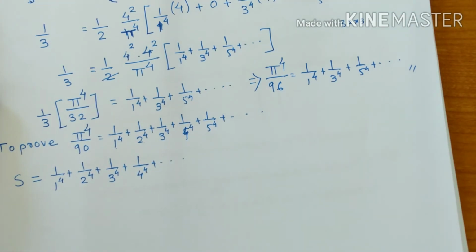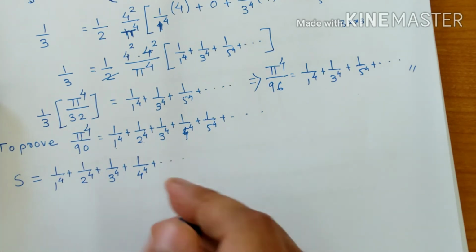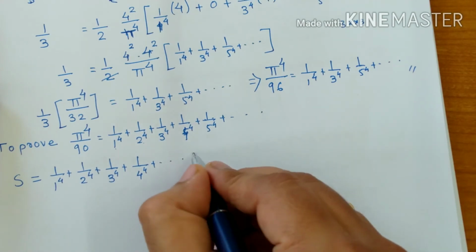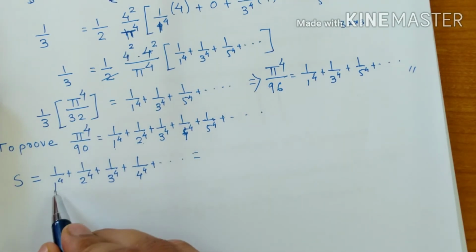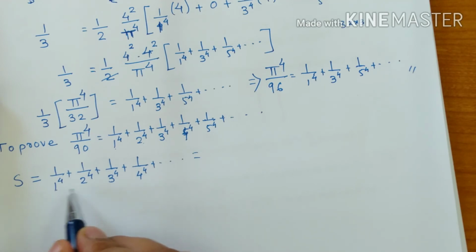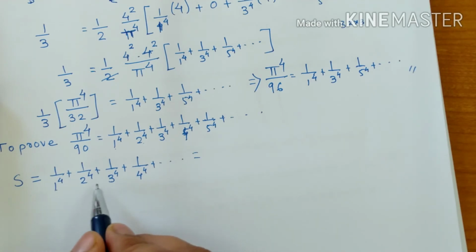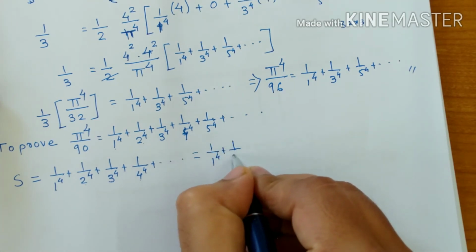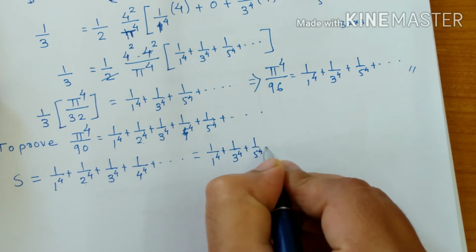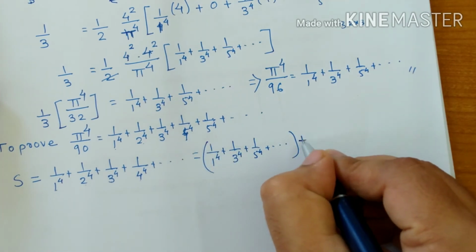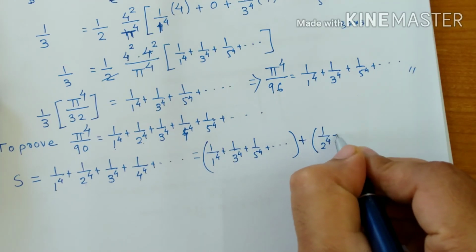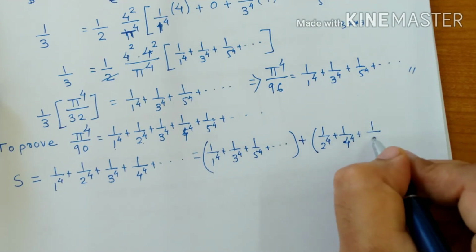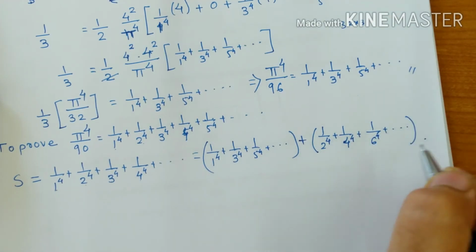The right hand side is called as a capital S. Now we can take this particular summation outside from this. That means what I'm doing is I'm taking those terms together where at the denominator you observe the odd terms, and those terms together where we observe the even term. So 1 upon 1 raised to 4 plus 1 upon 3 raised to 4 plus 1 upon 5 raised to 4 plus and so on. These terms I'm taking together, and the remaining ones are 1 upon 2 raised to 4 plus 1 upon 4 raised to 4 plus 1 upon 6 raised to 4 plus and so on in the second bracket.